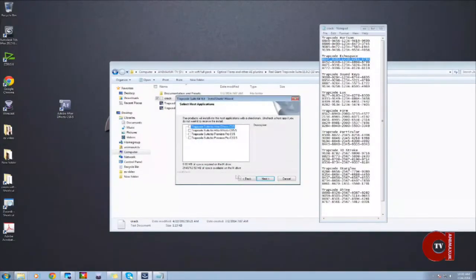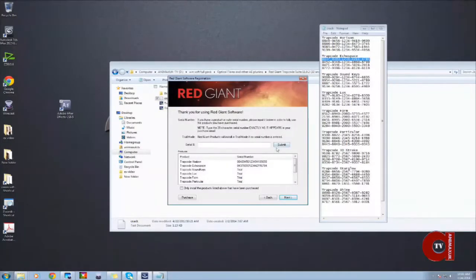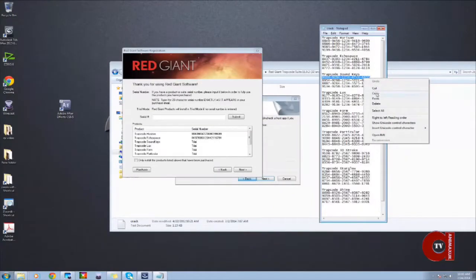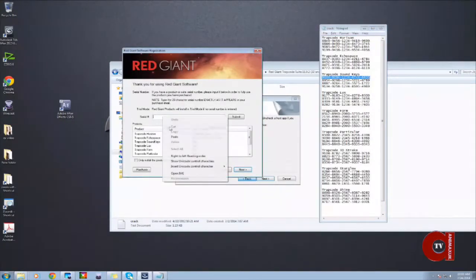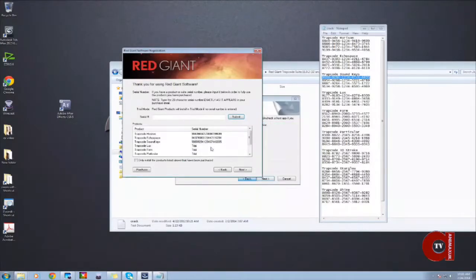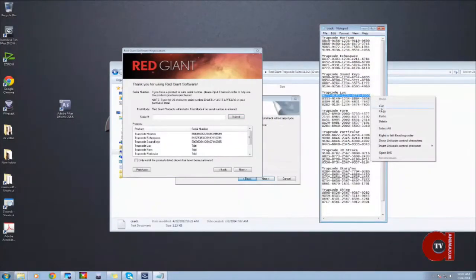Sorry, I need to go back. Number 2 is already assigned here. Then number 3 is Trapcode Sound Keys, in the Trapcode group, this one, and submit. Okay, then Sound Keys has its key, and then Trapcode Lux, copy it and paste it